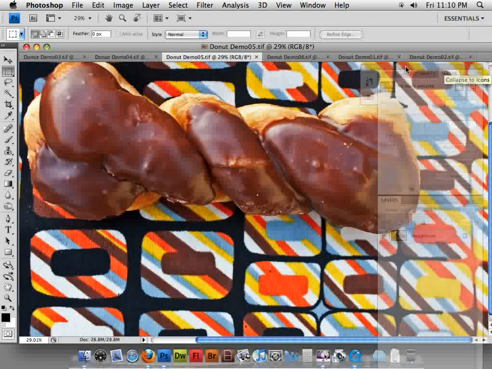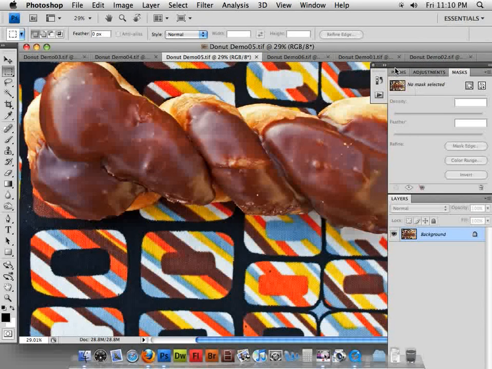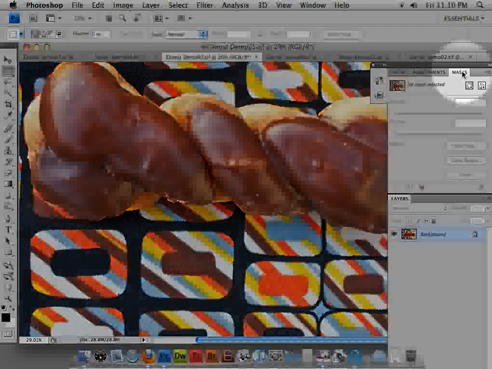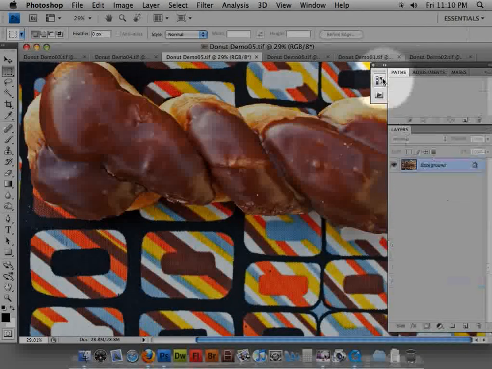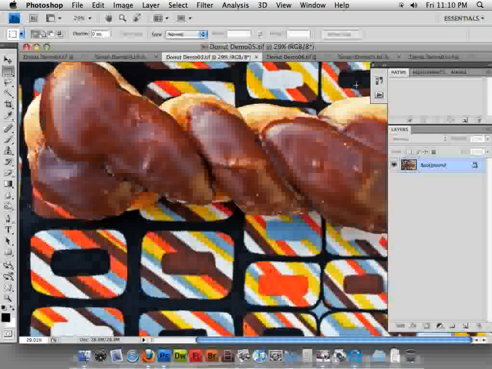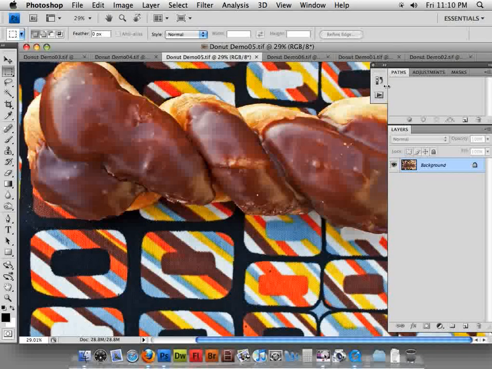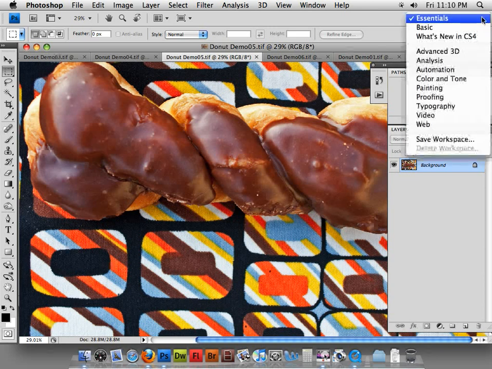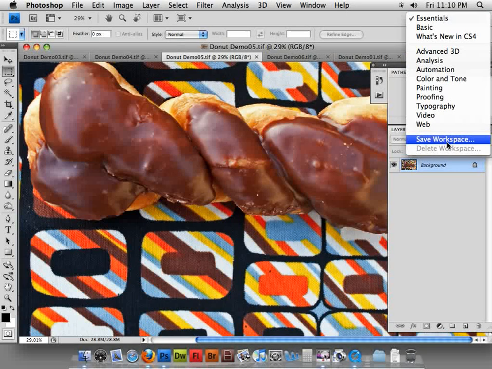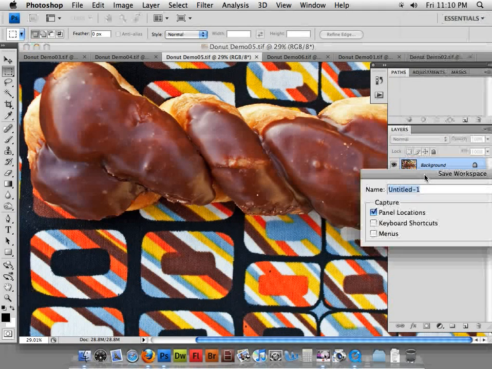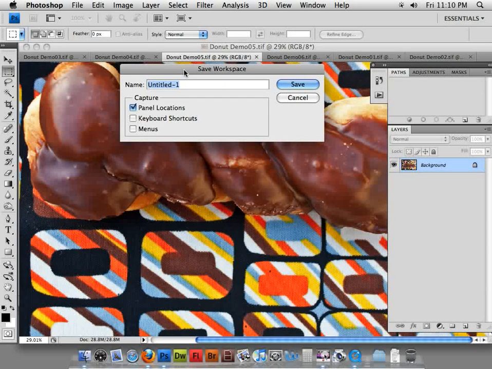So ultimately, what I want you guys to do when you come into the classroom is make your own custom layout for the class. And it's going to include the following things. You might want to write this down: layers, masks, adjustments, paths, and history. So that's five things. Have those out, and instead of just having Essentials at this point, what we're going to do is save this workspace. This will be an exercise in class. Save the workspace, and I'm going to call it Photo 9